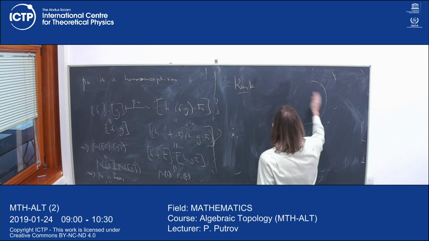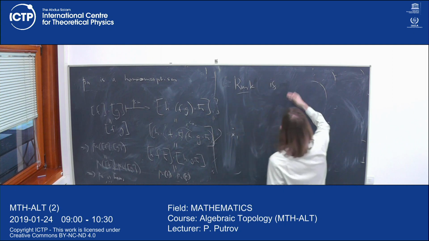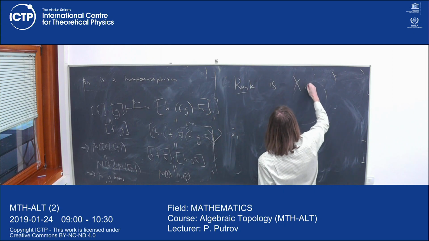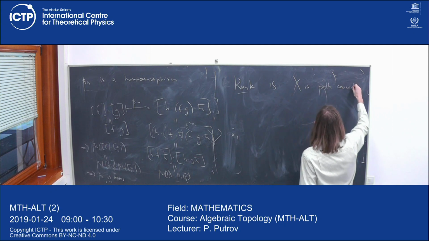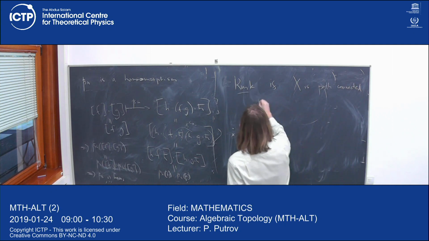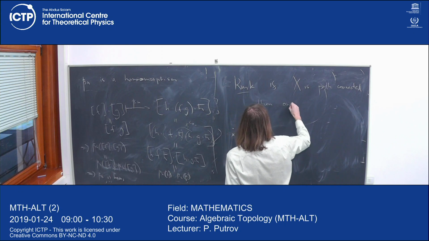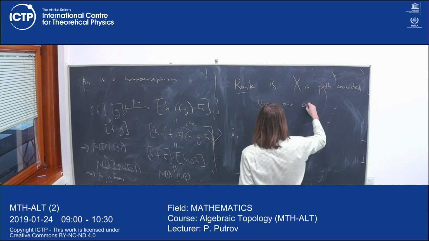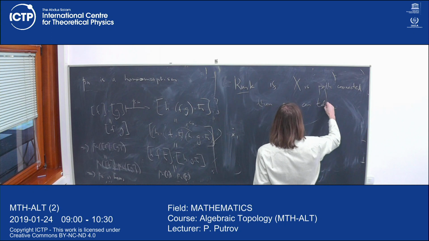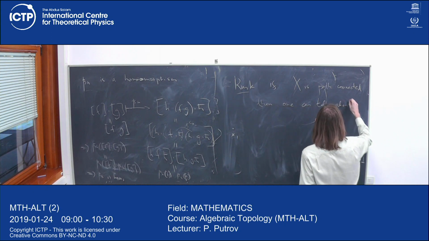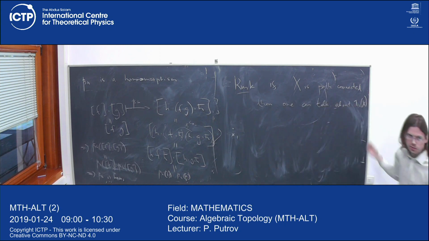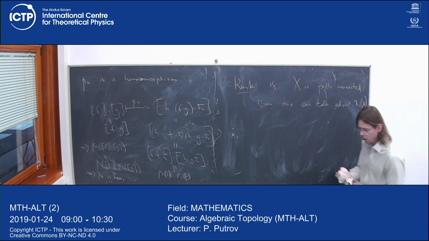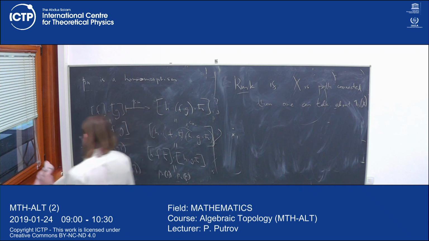Okay, so this is what I actually want to remark on. If X is path connected, then one can talk about pi 1, since if you're considering groups up to isomorphism,